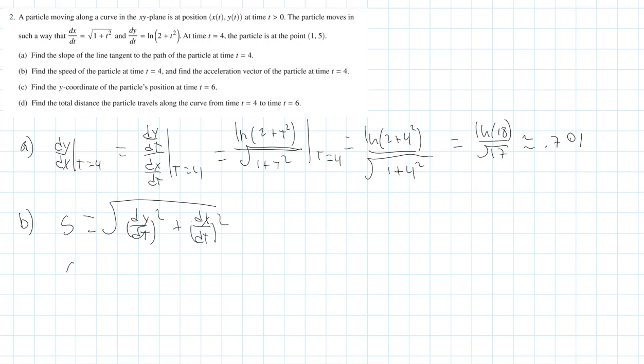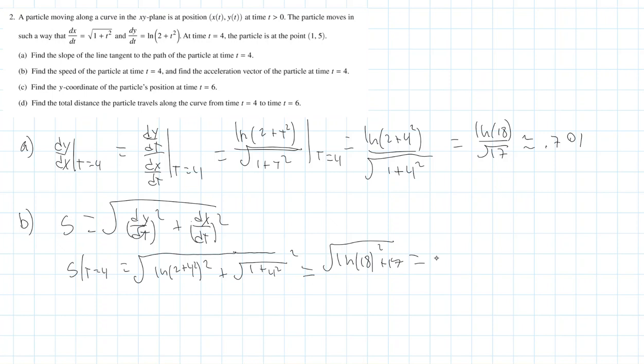So the speed at t equals 4 is going to be equal to the square root of ln of 2 plus 4 squared, all squared, plus the square root of 1 plus 4 squared, all squared. No, it's not dt, it's just like that. And then that equals the square root of the ln of 18 squared plus 17, and that equals approximately